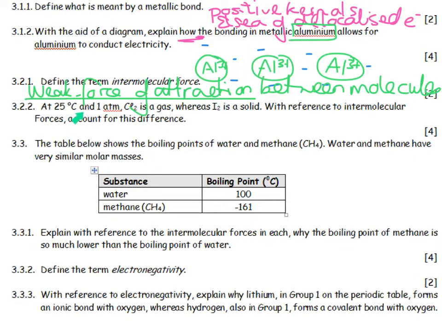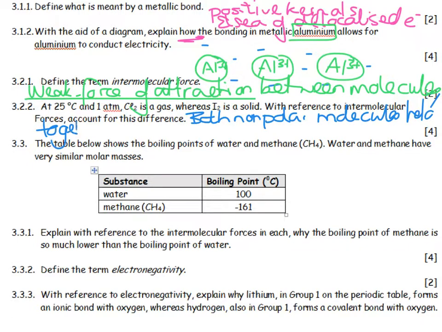At 25 degrees centigrade in 1 atmosphere, chlorine is a gas, but iodine is a solid. With reference to the intermolecular forces, account for the difference. Well, what is the difference between chlorine and iodine? The first thing to say is that they are both nonpolar molecules held together by London forces. So you're showing that they're actually very similar. The difference is iodine is bigger